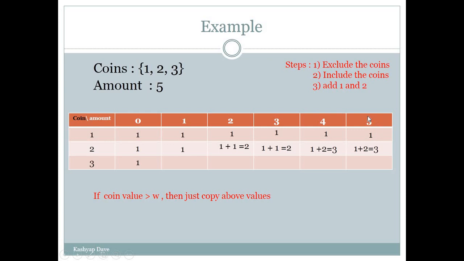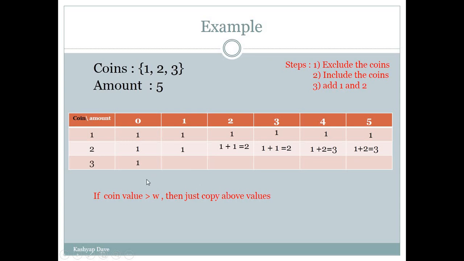Same for making 5 rupee, the first step is exclude the coin, meaning we do not use the 2 rupee coin, so we have one way to make amount of 5. Okay, so 1 plus deduct 2 from the 5. So 5 minus 2 is equal to 3. So go to the 3 in this row. So here we have 2. So 1 plus 2 is equal to 3. So we have 3 ways to make amount 5 using 1 and 2 rupee coins.